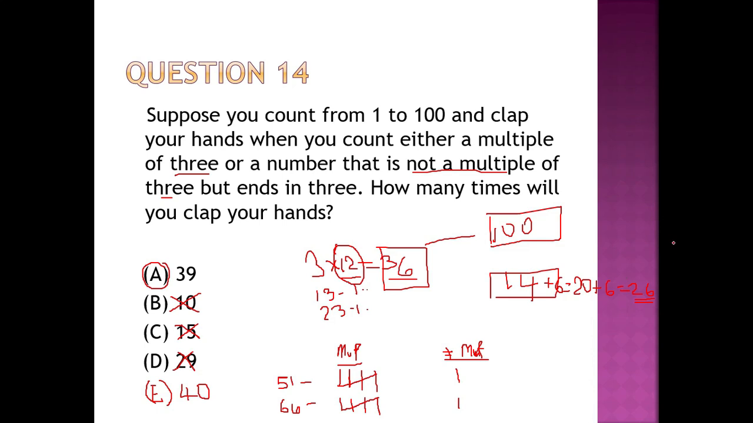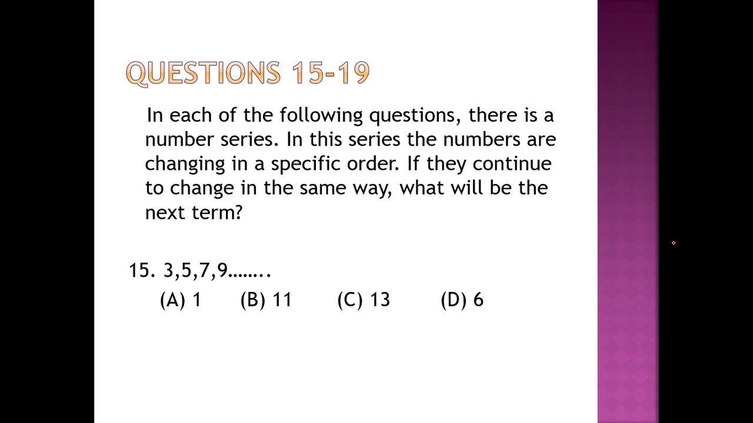So we're going to move on now to the next question. Questions 15 to 19. Okay, so in this, all right, let me read what is there. In each of the following questions, there is a number series. Okay, in this series, the numbers are changing in a specific order. If they continue to change in the same way, what will be the next term? All right, so we did this before, guys. We did an example of this before,